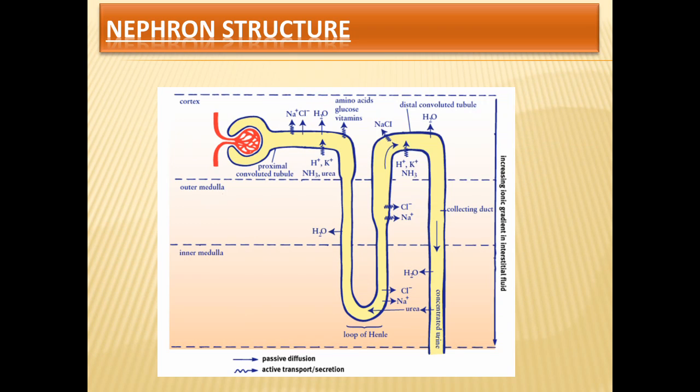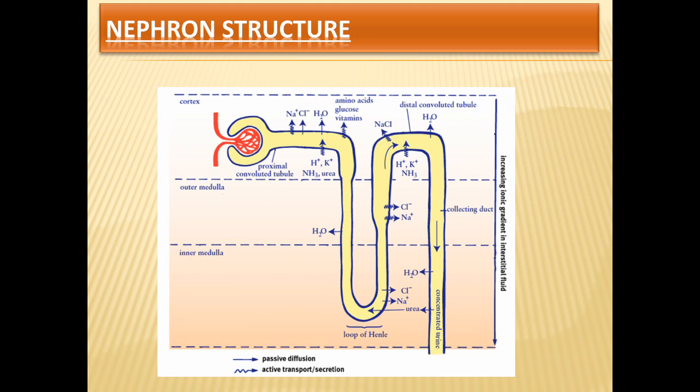We don't want to lose glucose because that's hard-earned stuff, and it is also very good for energy. We don't want to lose sodium chloride as well. This is achieved by the method of reabsorption. So what is reabsorption? Whatever is reabsorbed is passed back into the blood circulation. This is done by the peritubular capillaries, which surround the tubules. So 70% of the sodium chloride gets reabsorbed in the proximal convoluted tubule, and the same 70% of the water gets reabsorbed here, and more than 95% of the glucose and amino acids get reabsorbed.